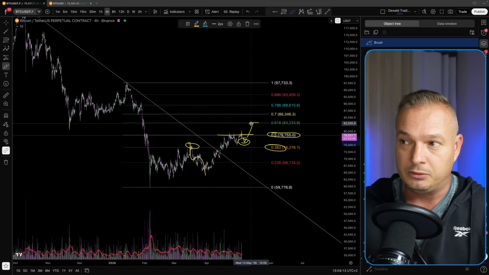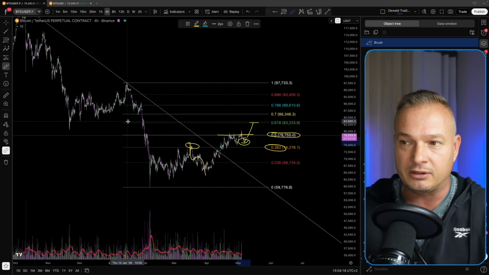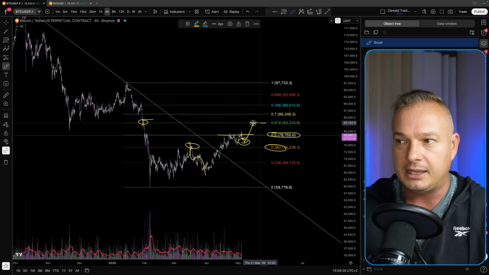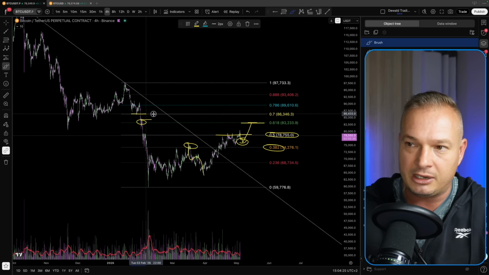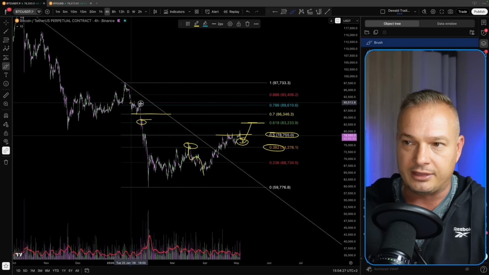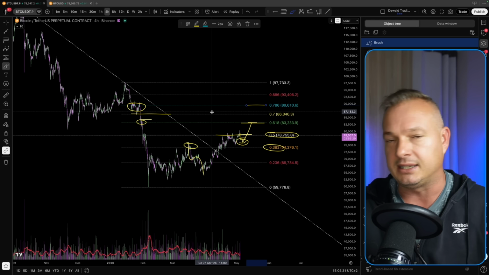The next area from a Fibonacci perspective where price can definitely hit a little bit of resistance inside of this order block is the 0.618. A little bit further up, you can see the underbelly resistance at the 0.7, and then you have this consolidation area together with the 0.786. You all know how much I love these Fibonacci levels because they do get respected, especially on the higher time frames. Also, what I like to use is a trend-based fib extension.